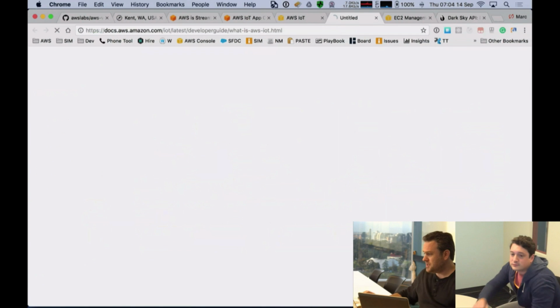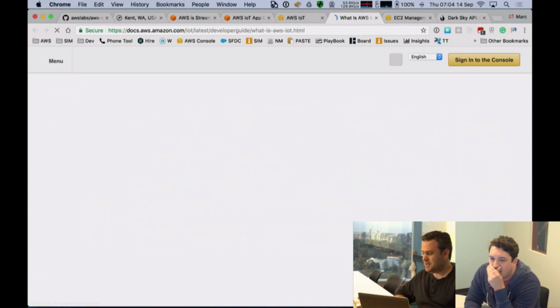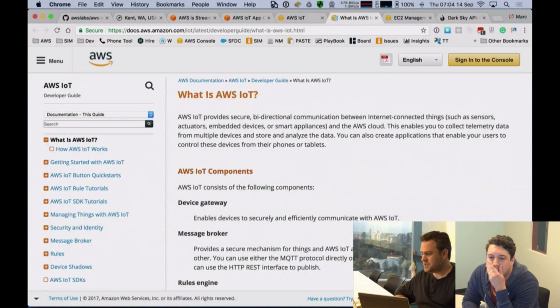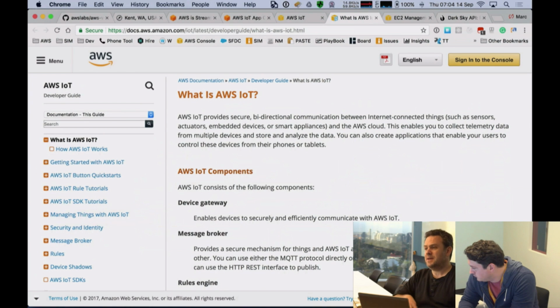The documentation is over here. It's extremely rich documentation. Have a look at how you can read in the data we've just generated from your EC2 instances or your local development environment into your IoT service, consume it, process it, and then publish it into the AWS platform using the IoT service.